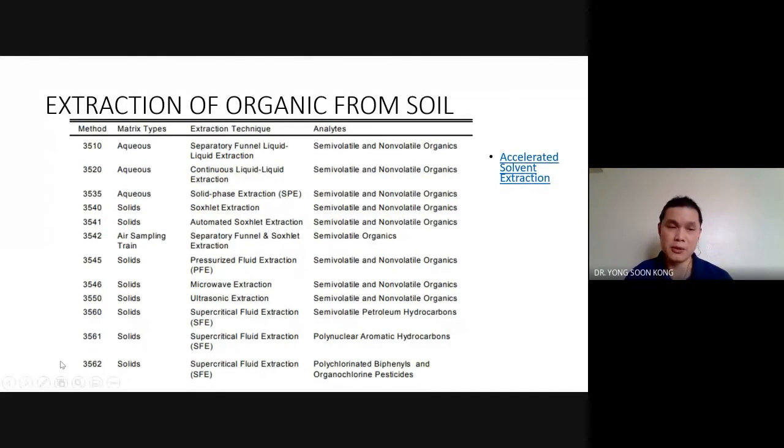Now, no matter where you go, these standards will hold up. It's either US EPA or APHA method. And based on this method, they have different extraction techniques, because different extraction techniques will address different matrices. Matrices means whether it's a soil sample, water sample, or air sample even. And also what kind of